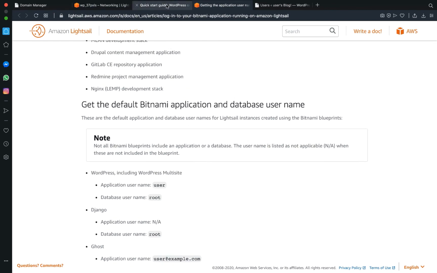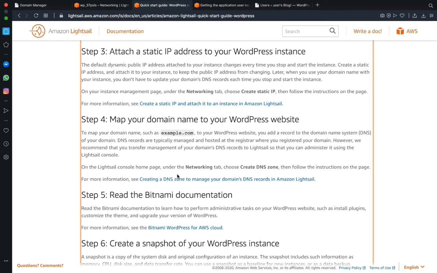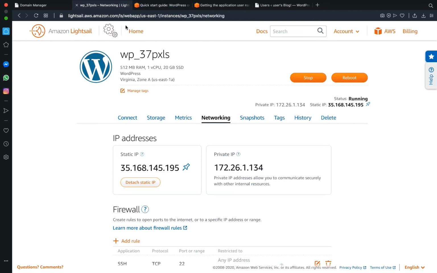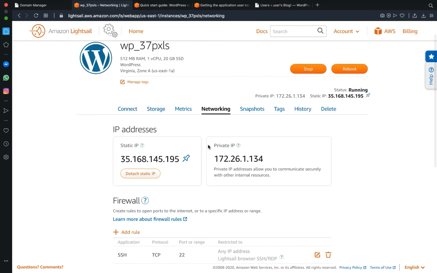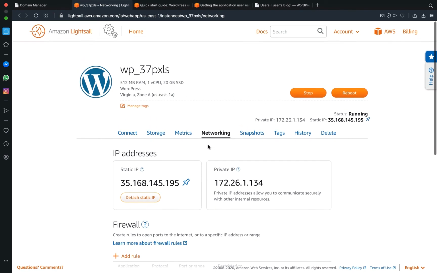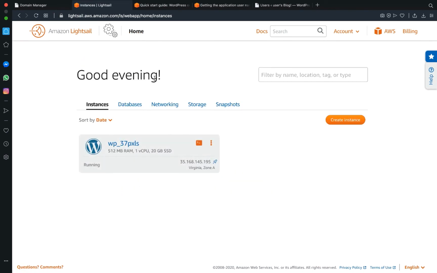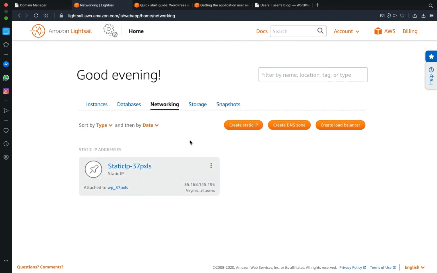I'm asking you like you can answer me. Under the networking tab, choose Create DNS Zone. On the Lightsail console home page, under networking tab, choose Create DNS. So if that doesn't work, then let's go back home, networking. Here we go. So as you can see here, I was thinking it was the networking for our install, but